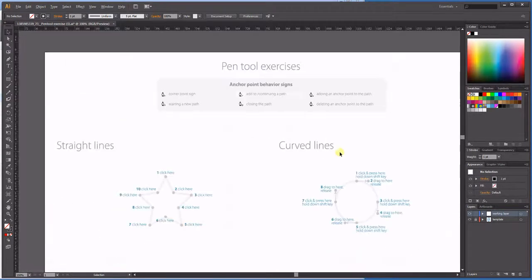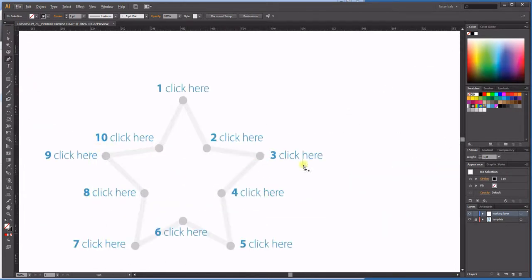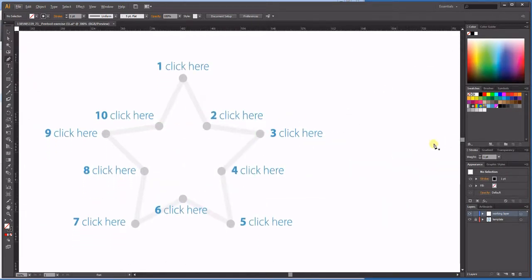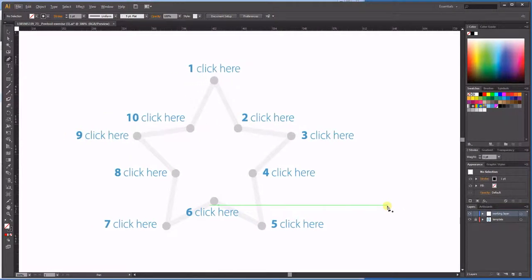So I'm going to zoom out, and I'm going to make sure my pen tool is activated, and I'll just use this black stroke here. Once you're working with this, if you want to change the colors, that's fine with me. So I'm going to scroll over here. Basically what we're doing is just following the directions. So if it says click here, you're going to click once and let go. And then I'm going to click down to 2,